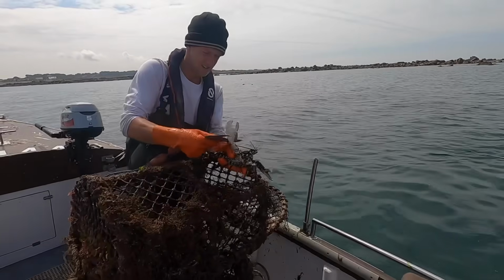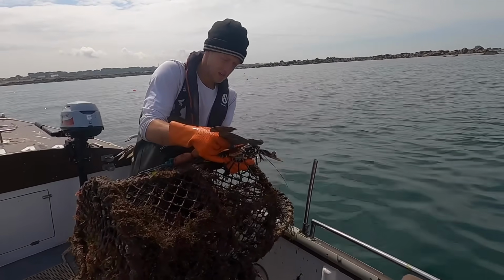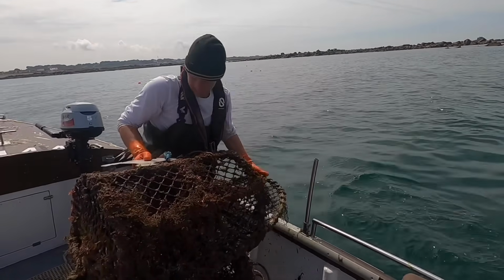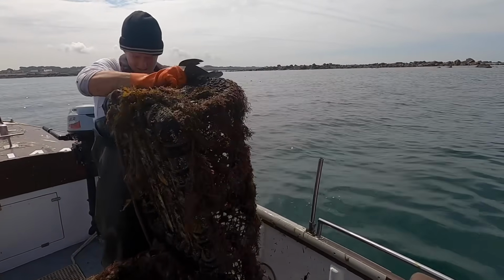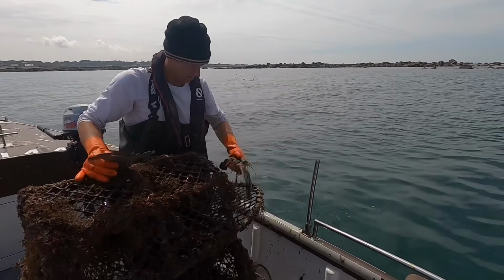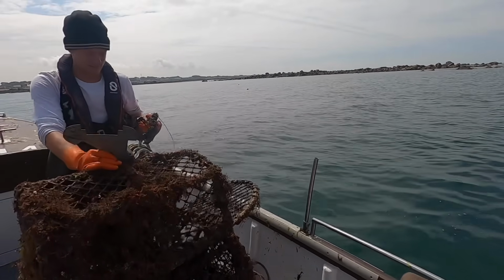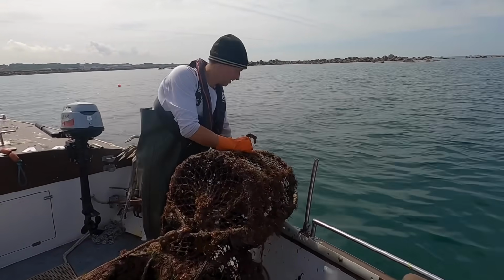First one, just out. Yep, just out of size that one. Just by a couple of mil, but out is out. And that one there, yep, that's a keeper. Keeper! Lovely job. Right, we got one more string of lobster pots and then we got 2 sets of inkwells